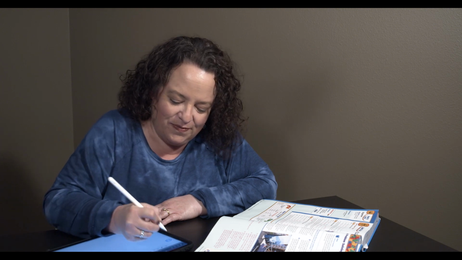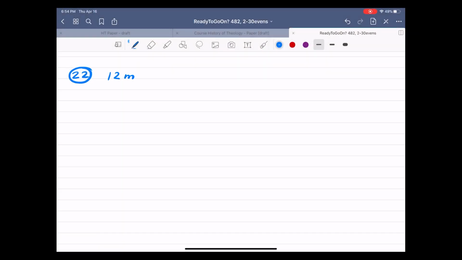All right, we're ready for number 22. Number 22, 12m equals 3m plus 108. I want to get all the like terms on the same side, so I'm going to first move my 3m to be with the 12m. I could move the 12m over here, but then I would also have to move the 108. So I'm going to subtract 3m from the right, subtract 3m from the left, and it becomes